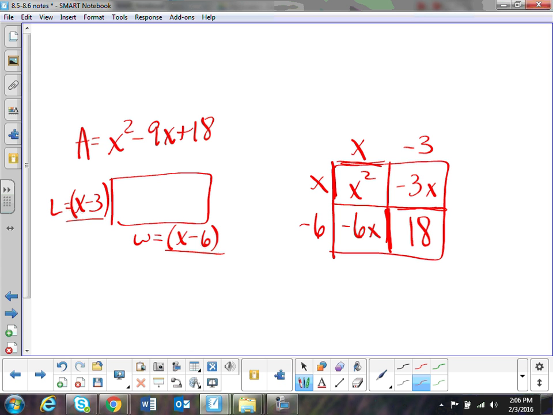Okay? If you're using FOIL, you just say to yourself, or set it up like this. Okay? And then put like kind of blanks right there and tell yourself what times what gives us this first one. Okay? First term, O-L,